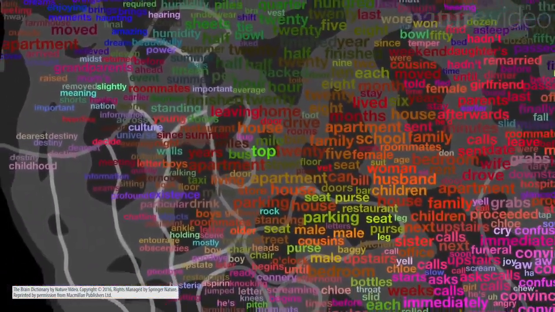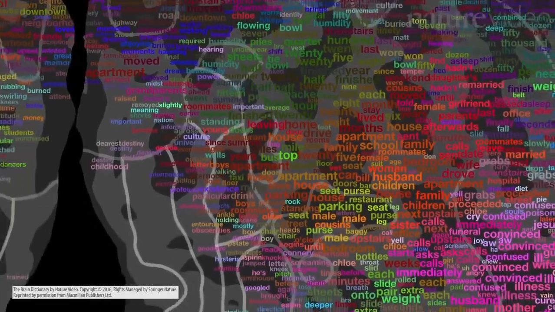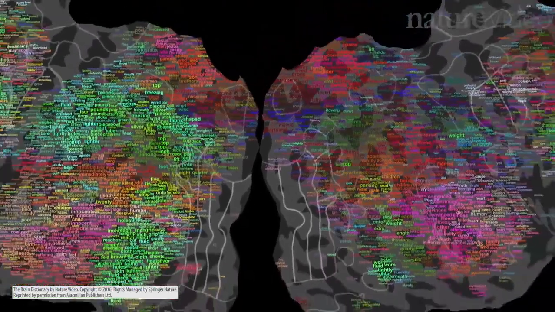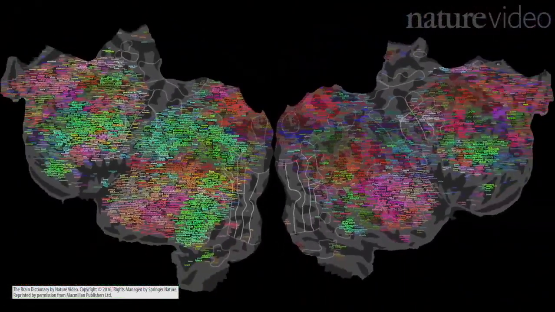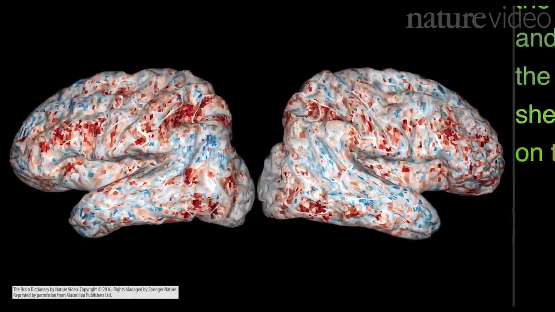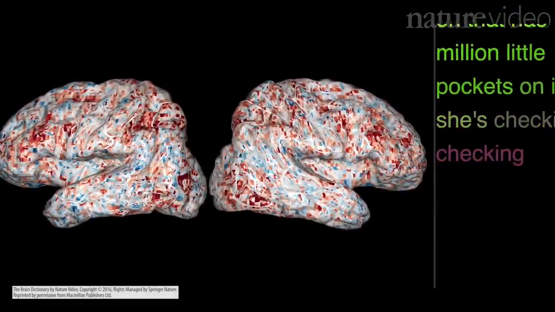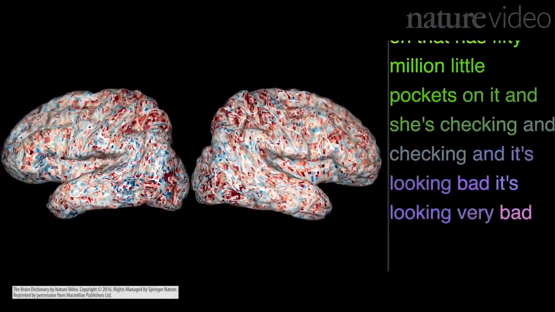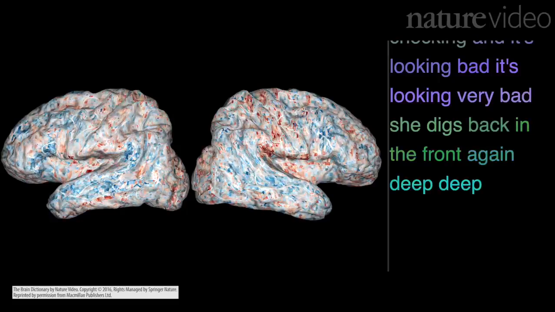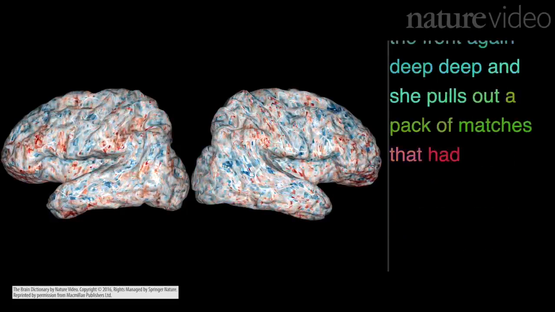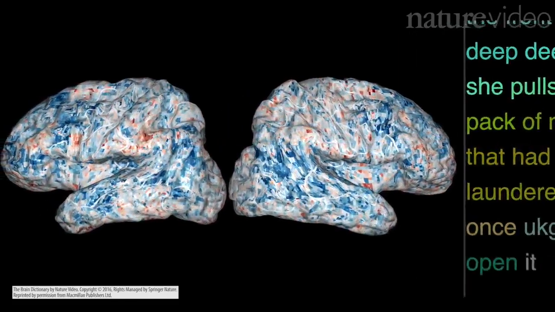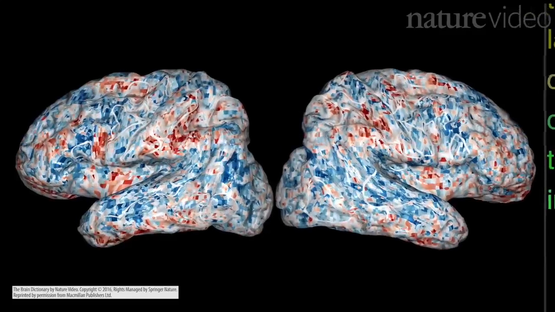We usually think of language as being restricted to certain sections, like the temporal lobe. So researchers were surprised to find activity all across the brain and in both hemispheres. The map was made by scientists at the University of California, Berkeley. They put volunteers in an MRI scanner and had them listen to stories for 2 hours. Back in the front again, deep, deep, and she pulls out a pack of matches that have been laundered at least once. By monitoring blood flow to different parts of the brain, they worked out which places were responding to